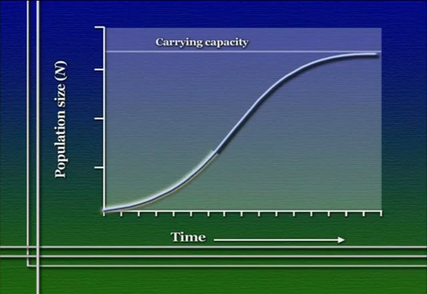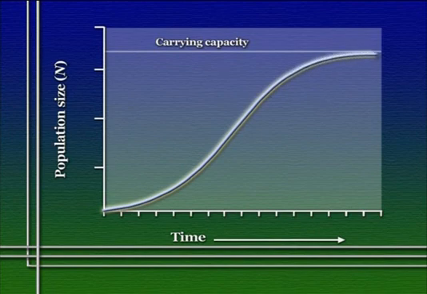But at some intermediate value, the slope would start to decrease again. And we wouldn't have a J shape to this curve, but instead an S shape, as that slope decreased more and more, and the height of the line approached, really as an asymptote, the carrying capacity of a particular